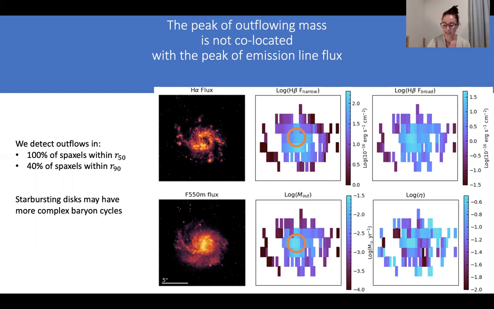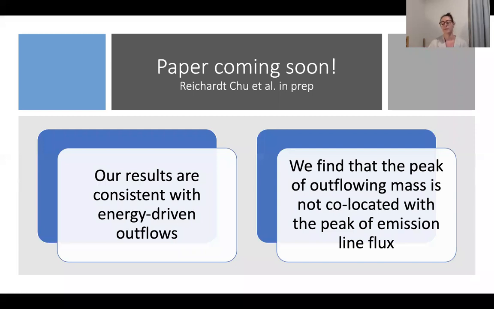This result suggests that for observations of galaxies at redshifts 1 to 2, if we use only a single slit and focus on the peak of emission, this may mean that we're missing the strongest part of the outflow. These results also suggest that galaxies at redshifts 1 to 2 may not have the typical biconical shape of outflow, which we expect from MED2, leading to a more complex baryon cycle around starbursting disks. These results are further discussed in our upcoming paper, so keep an eye out